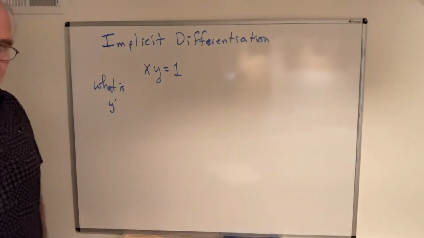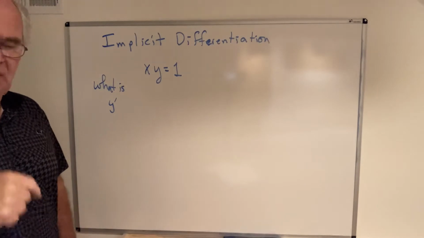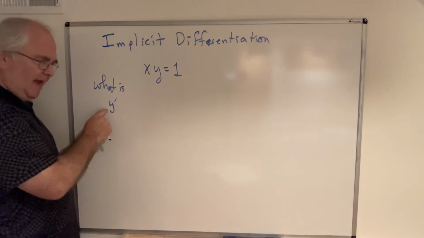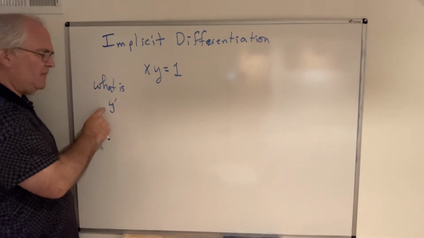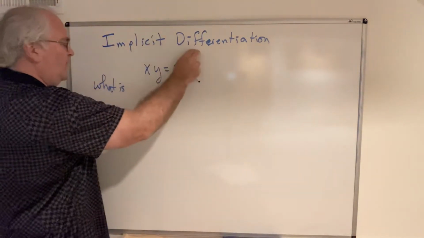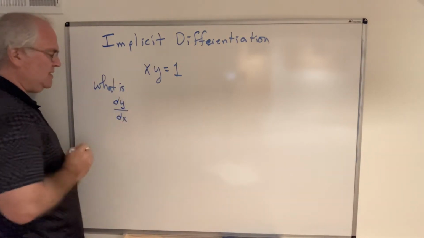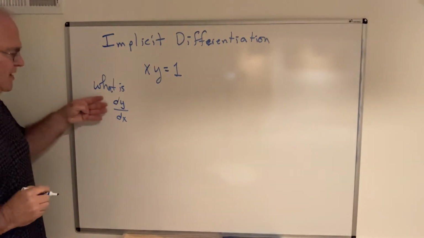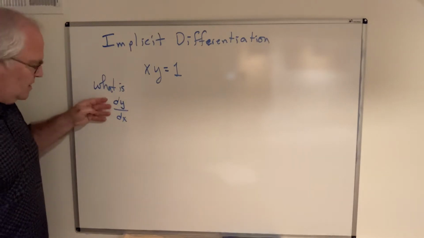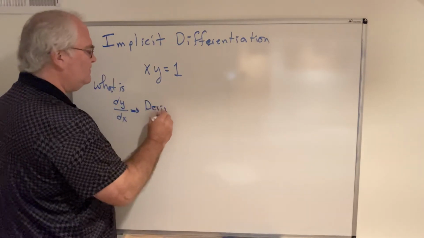However, for some other technical reasons and for some other concerns that occur, particularly when we take courses like differential equations, this is not as particularly useful as a different form we're going to use. When we discuss the notion of implicit differentiation, we use the symbol typically dy dx. Now we usually simply say dy dx. What we strictly speaking mean is this, and the official way to read this is the derivative